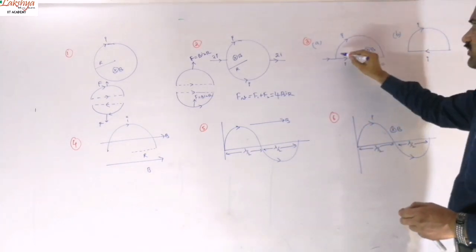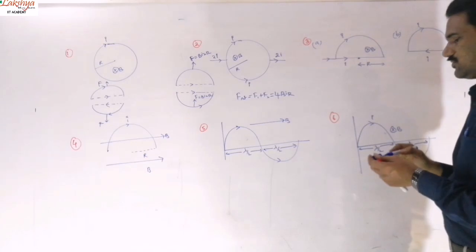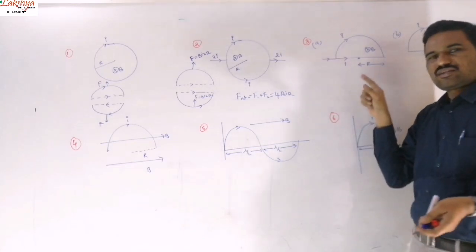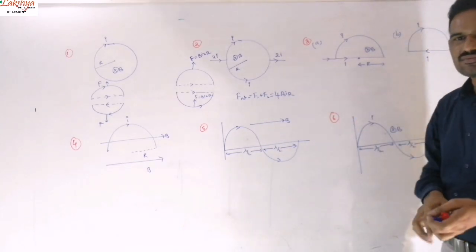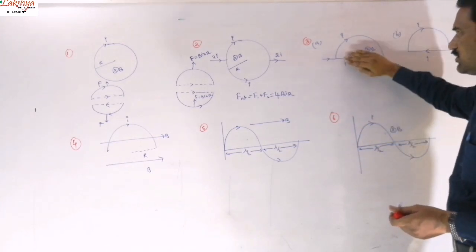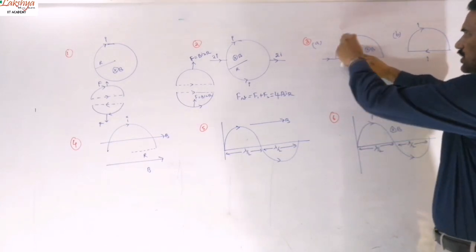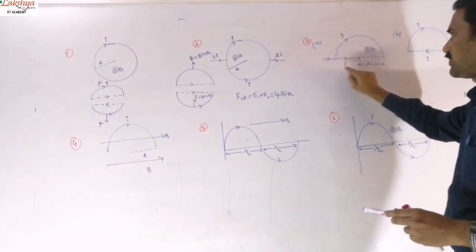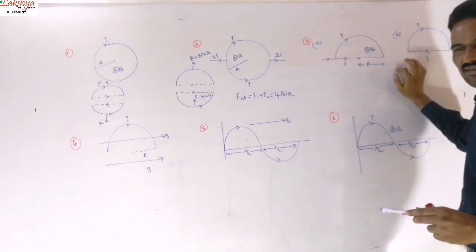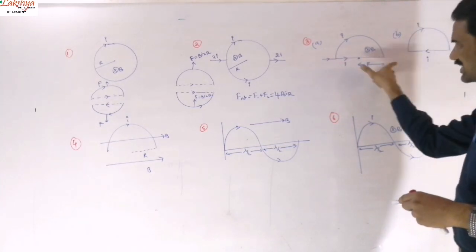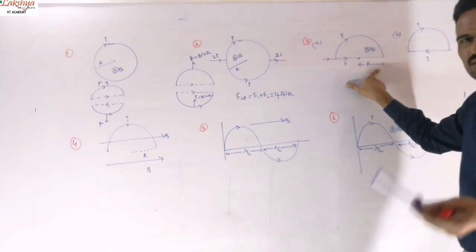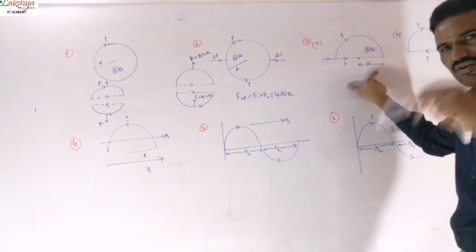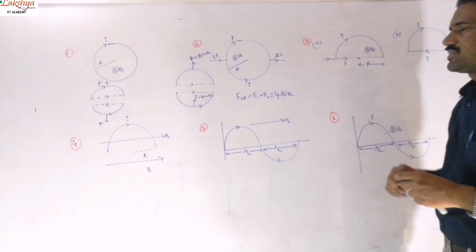In this case, if you are taking the force acting on this semicircle, we need to replace that semicircle by a straight conductor, right? Already one more side conductor is there here, right? So two side conductors will be there. Is it clear? If this diameter is not there, then we need to replace this by a straight conductor, whose current is flowing from P to Q. That means this end to this end we need to consider here. And similarly here, this conductor is already present. So that means 2 times that conductor we need to consider, 2 times we need to calculate the force acting on that straight wire there. Because that wire is already there and we are replacing the semicircle by that wire.